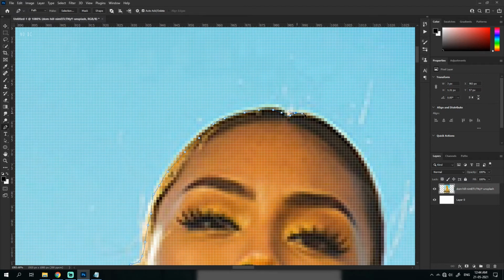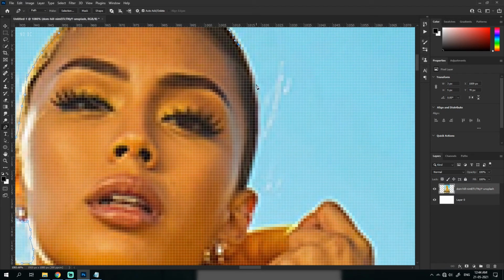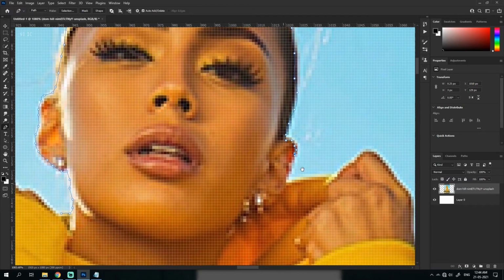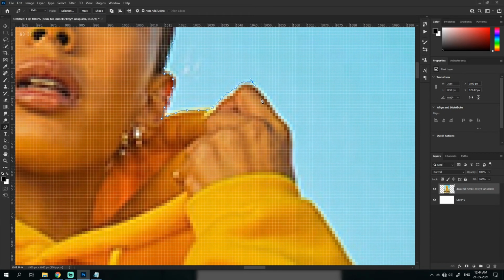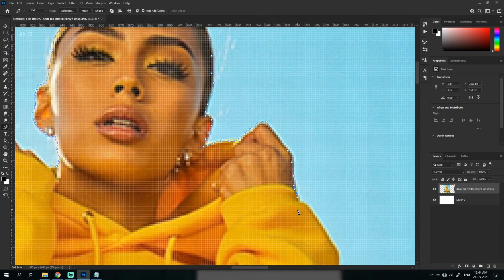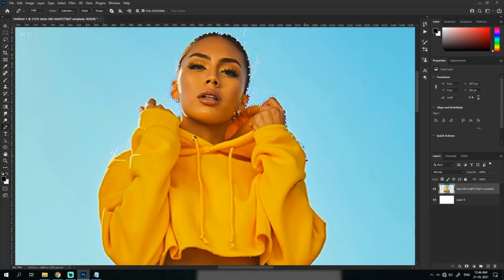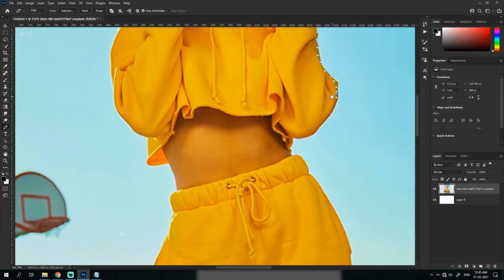But you could see I will just go around the head shape. I will not be on this edge, I will be inside of this pixel, so that the selection is much better. Could see like this, and once you have selected the whole model, I'm just doing a bad job right now to actually show you guys quicker. Let's just think that I've selected all of the model.